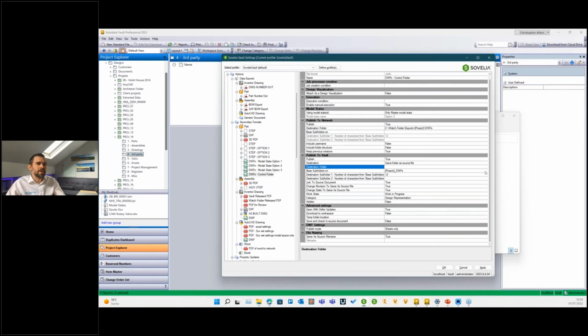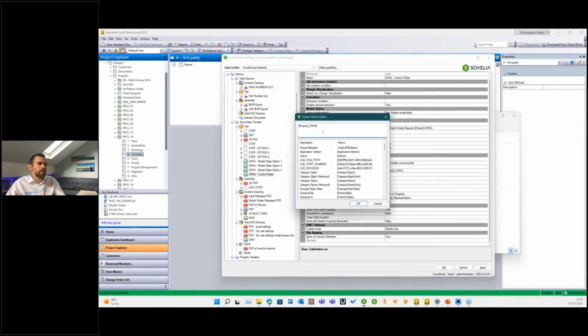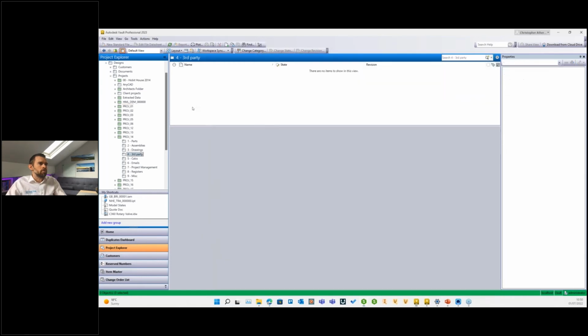Similarly, if you're doing this inside Vault as well, same idea, you can choose the location and build up that folder expression as you want to. Again, we'll make sure there are some videos online to show you how to set this up and how to use it shortly. The result of doing this, though, should be that